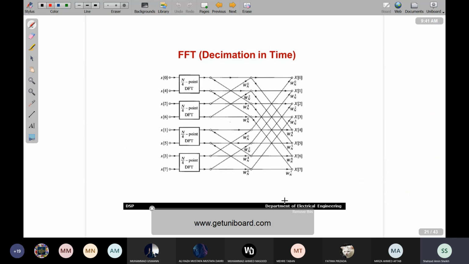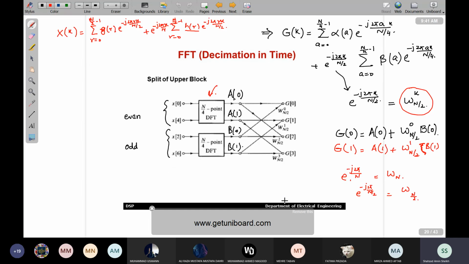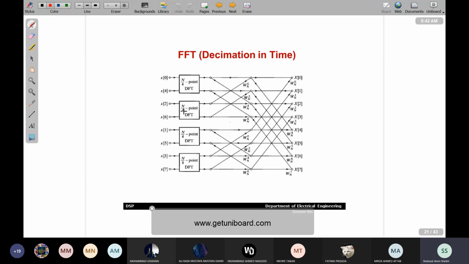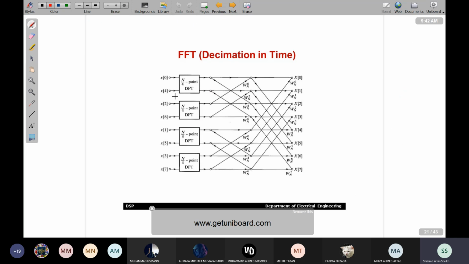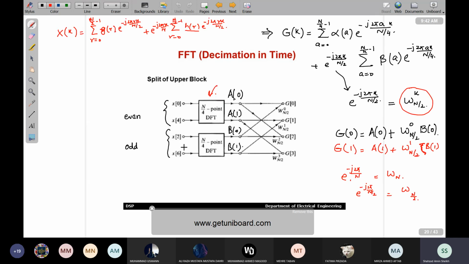And finally, now this is the situation that incorporating these things, that the upper block splitting and the lower block splitting has been done, and now we have got 2-point DFTs. So x0, x4, x2, x6, x1, x5. In fact, ये जो चीज आपको backward breaking हो रही है. So 8-point DFTs के लिए पहले आपने बनाए 4-point DFTs और 4-point DFTs से आप 2-point DFTs में जा रहे हैं. So क्या हुआ? x0, x4 ये आपका अपर ब्लॉक है, फिर आप जाएं x2, x6 ये आपका